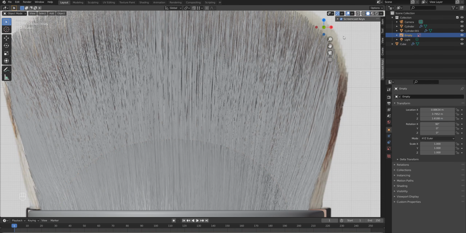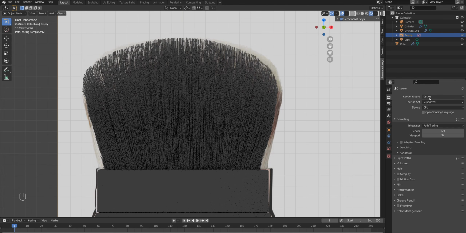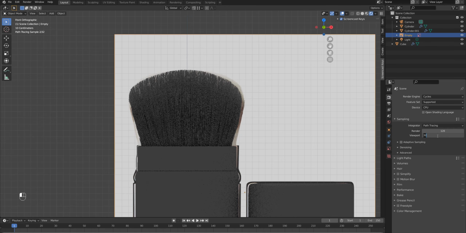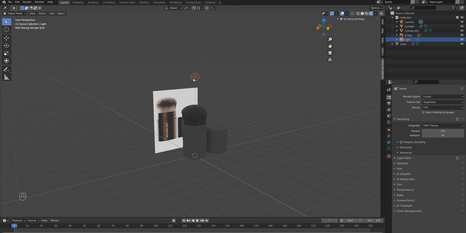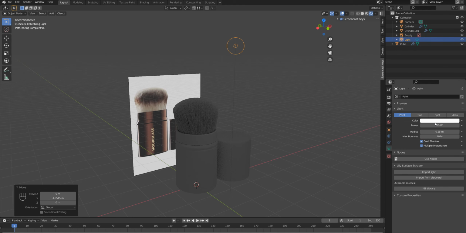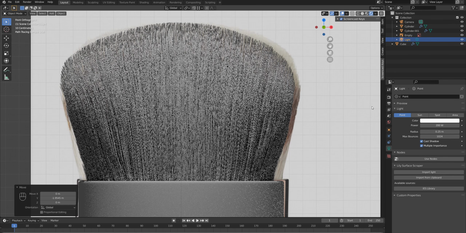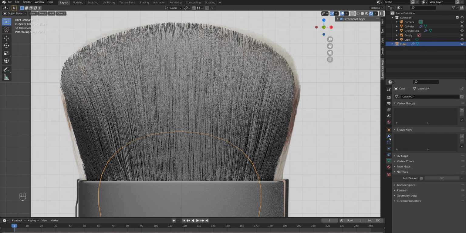So if I switch to the rendered mode, let me switch to Cycles, it's okay. So I'm gonna decrease samples for viewport, and I'm gonna move the light source somewhere here. I'm gonna increase power of that to 100, for example. Let's actually choose 200. Switch back to front view. So again, I choose cube and go to particle